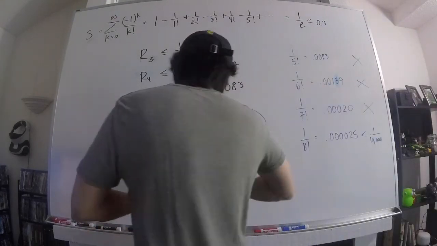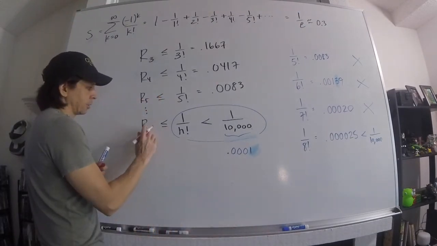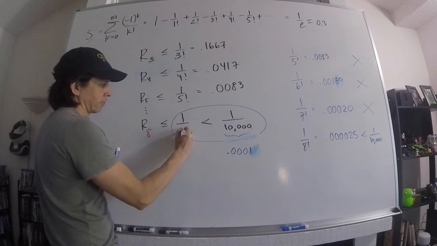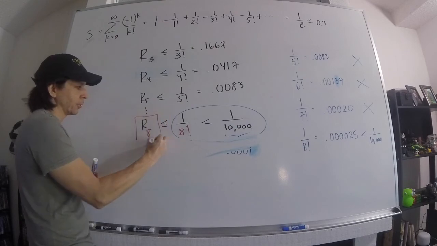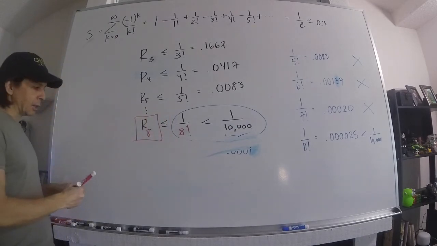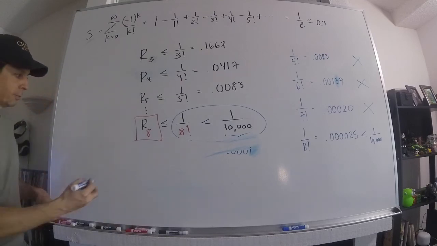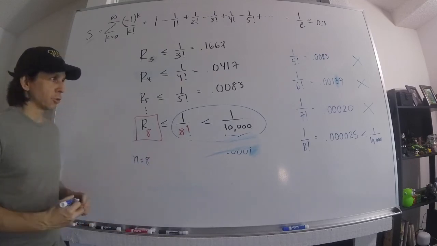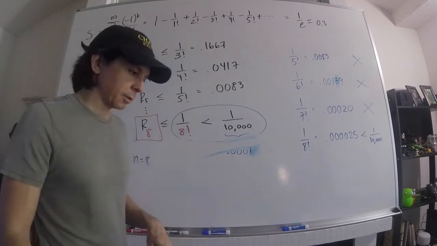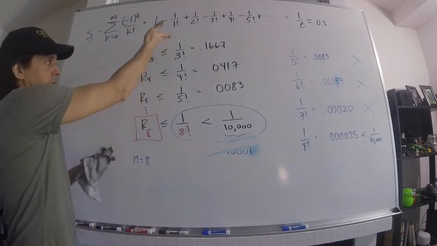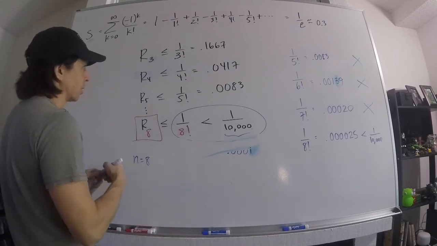So basically, I can conclude that 8 works. 1/8 factorial is less than that, so that means the remainder will be less than that, which means S sub 8 will be an approximation that is within there. That's it, and n is equal to 8. Let me backtrack and just talk about how she solved it. She's probably right, it would have been easier. I didn't think about it, but I was just trying to do the basic of making that error less than 1/10,000th. What she did was, just to clarify,